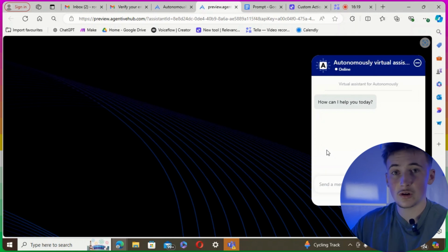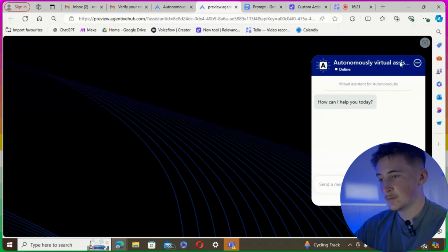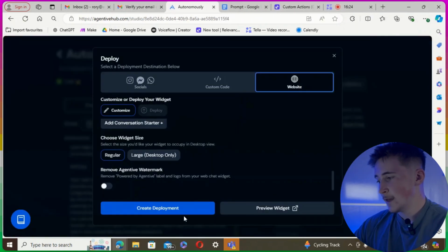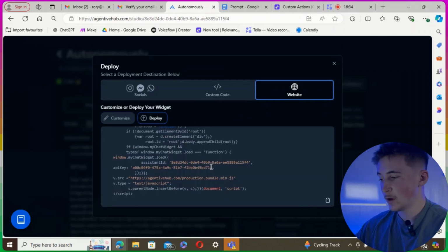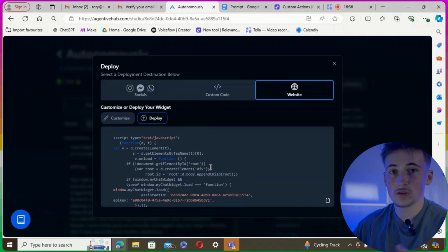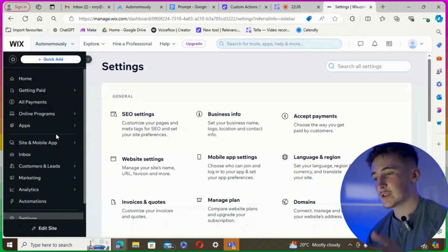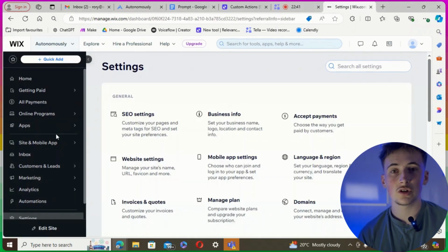So that's how it's going to look on our website. Looks perfect to me. So let's come out of that, and we're going to go create deployment. Okay, so we're going to get this block of code and I'm going to show you what to do with that code. Okay, so as you can see, I'm inside Wix, which is the CMS I chose to make my